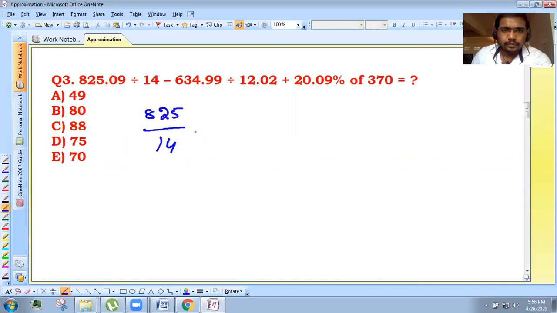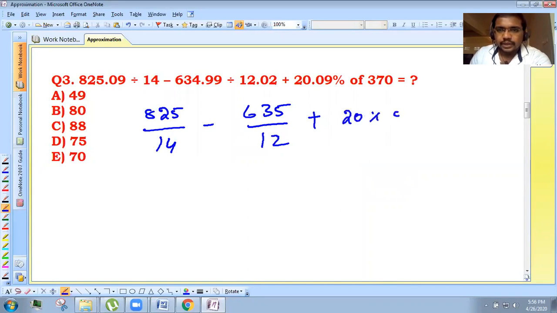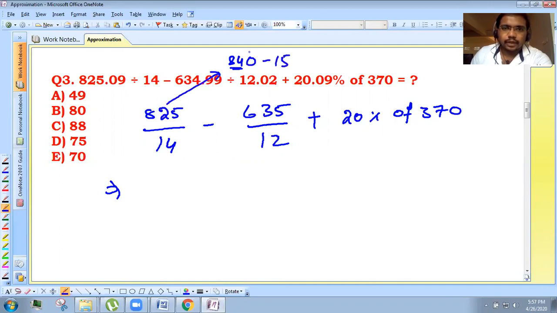825 by 14, minus 635 by 12, plus 20% of 370. 14 in 84 cancel, right? 84 is divided by 14. That means this value is nothing but 840 minus 15. In this number, 14 cancels how many times? 6 times, 60. In this number, 1 time. 60 minus 1 is what? 59, minus